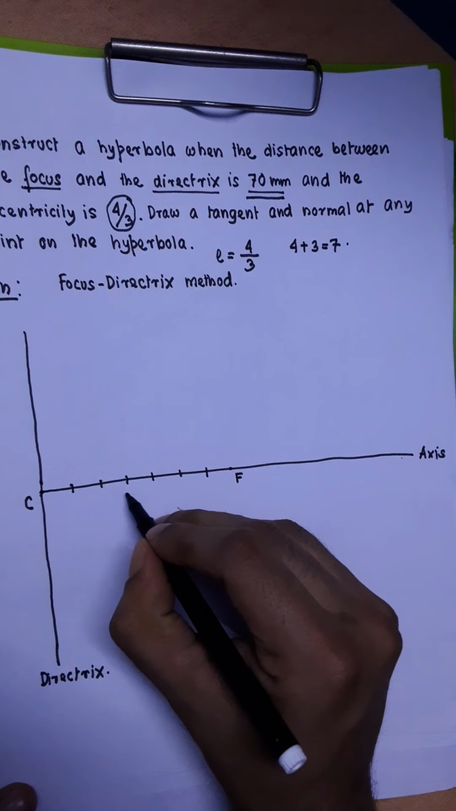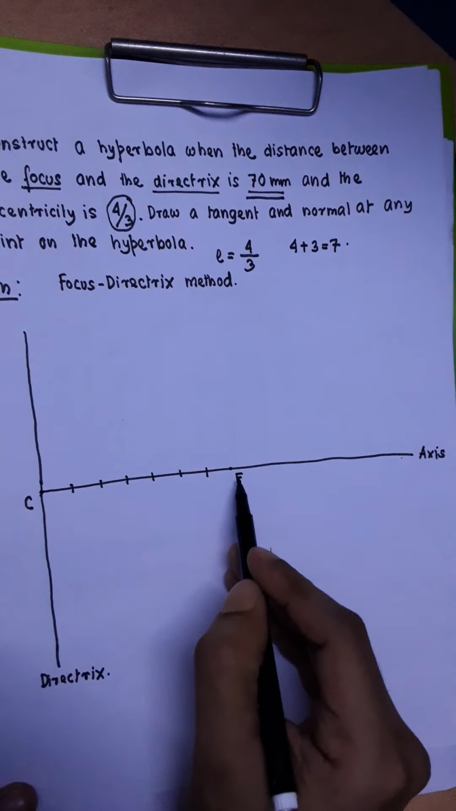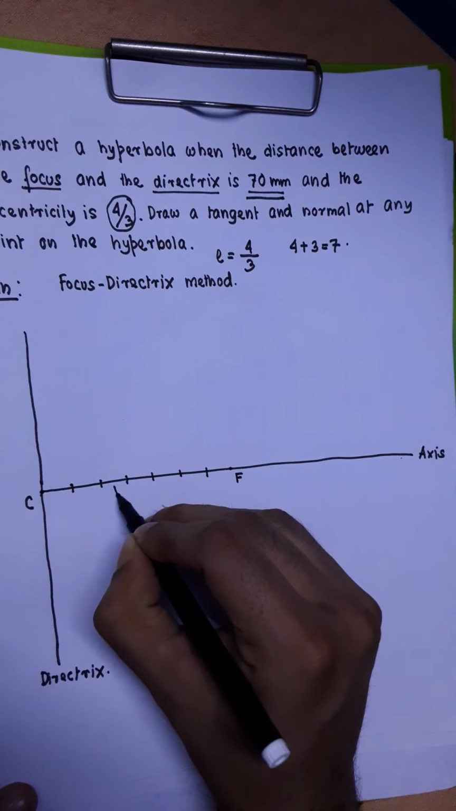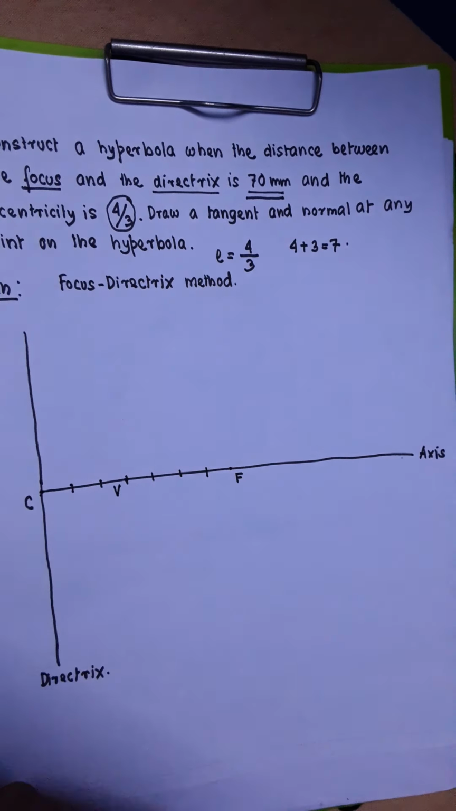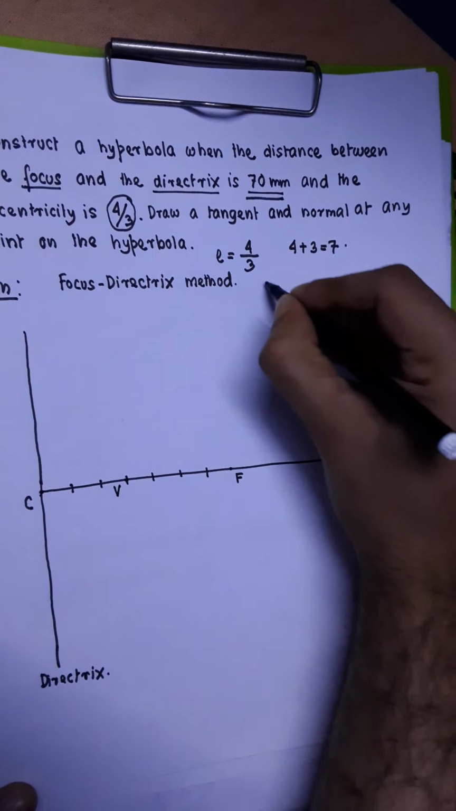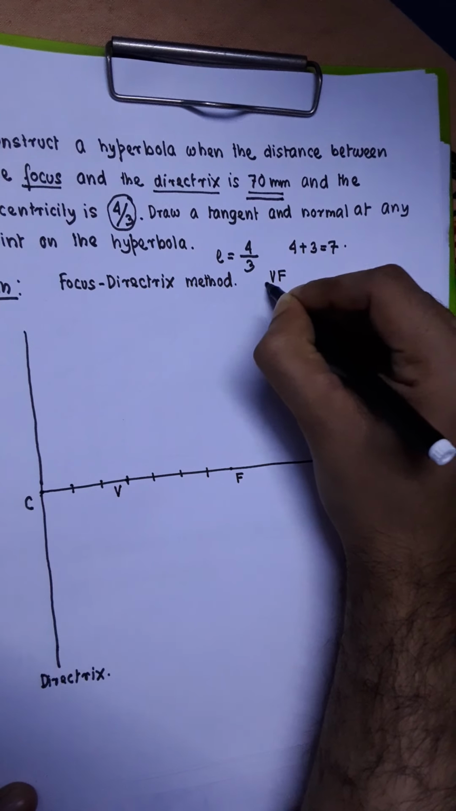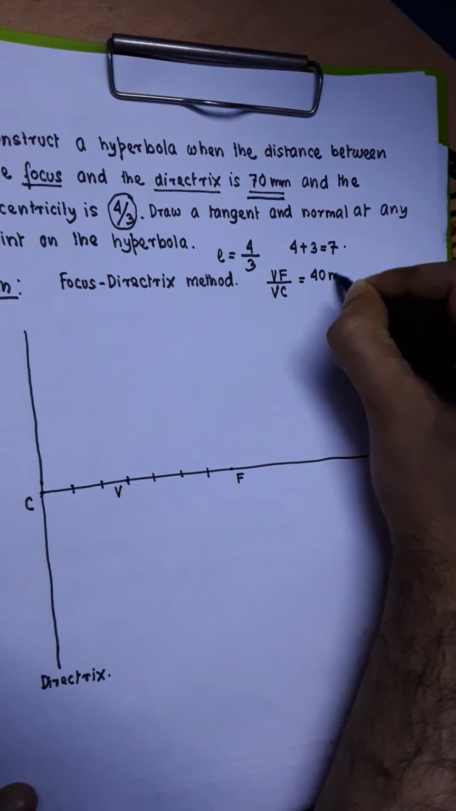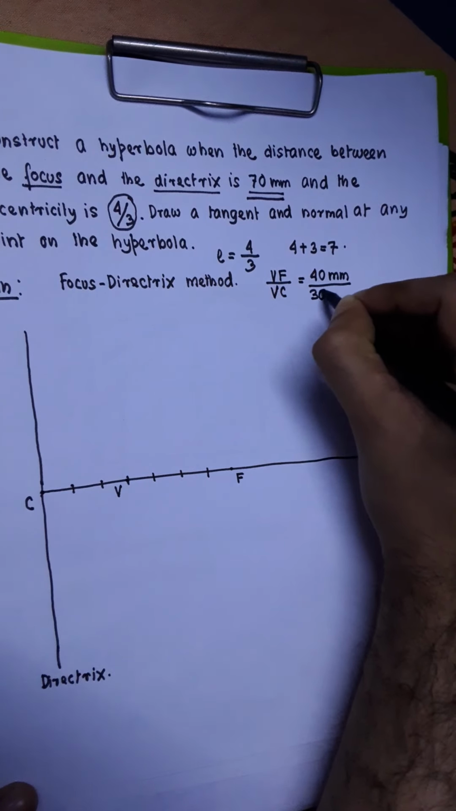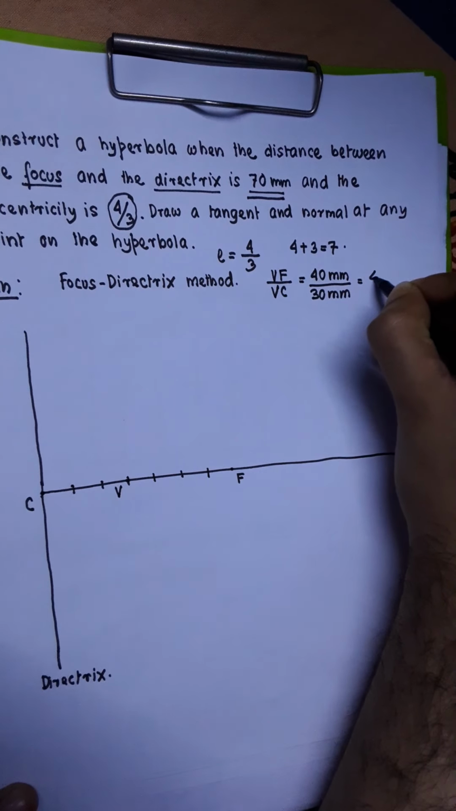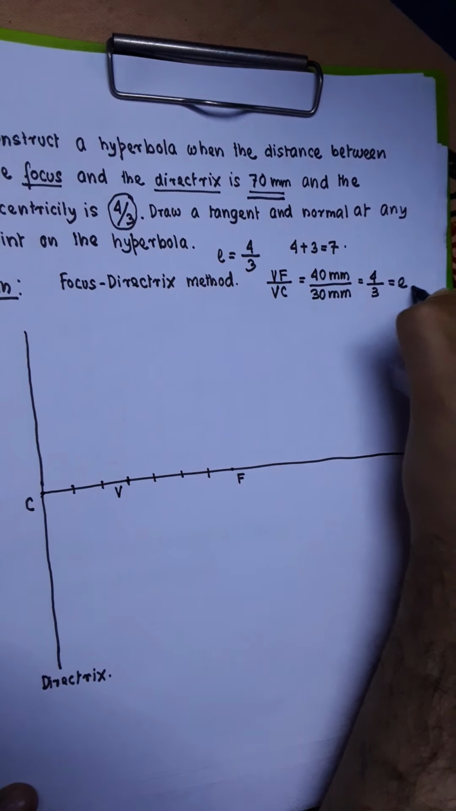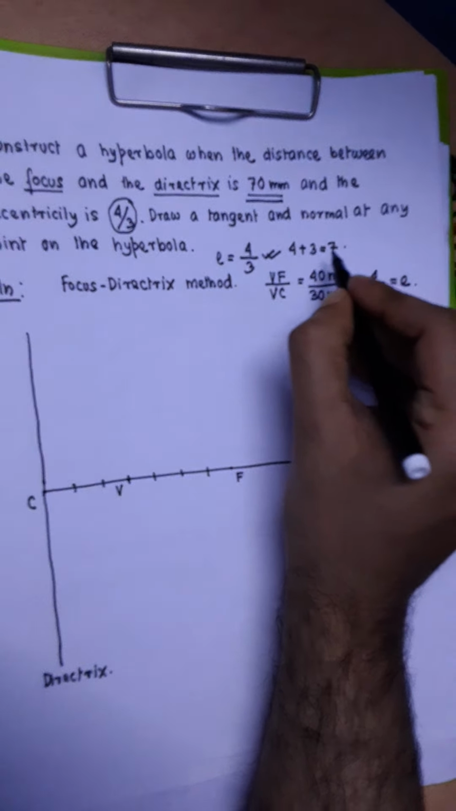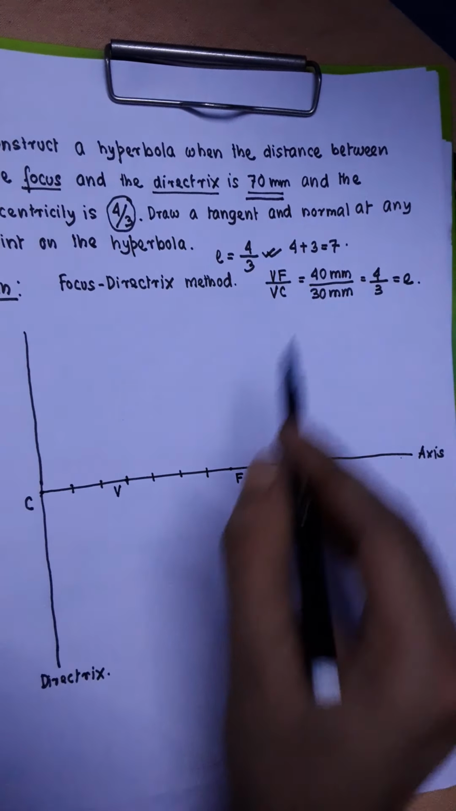And then if we take the vertex on the 4th division from the focus side, 1, 2, 3, 4, if you take the vertex here, then you see the distance VF by VC is equal to 40 millimeter by 30 millimeter, which satisfies the eccentricity value. So it is purely a consequence of the eccentricity value which makes us divide the length CF into 7